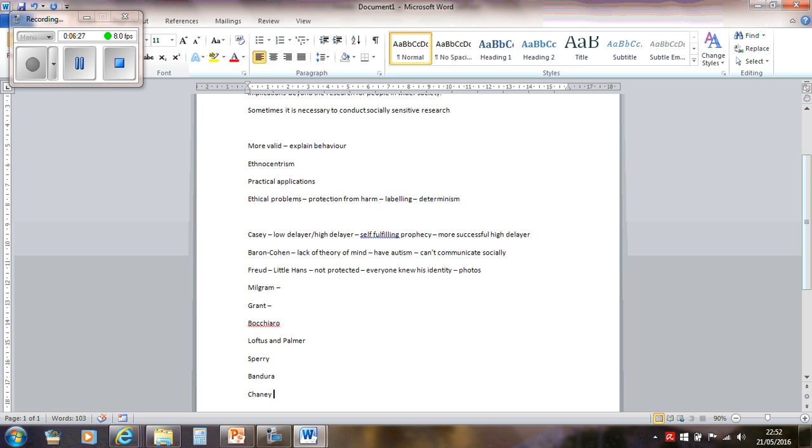So are any of these socially sensitive? So we've got the first three that are quite socially sensitive, in terms of it's going to be socially sensitive to be valid for behaviour. Generally, in terms of socially sensitive, you could talk about things like being labelled as a criminal because of your biology and stuff like that. But Casey's very going to look at that. So then that's going to be a really good point if you do the other studies next year, because we'll